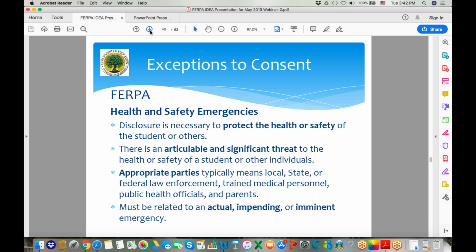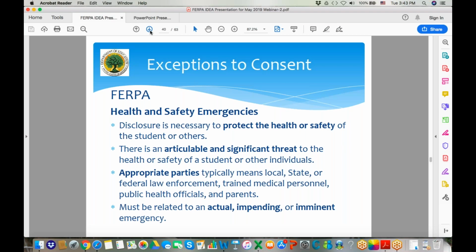So we've had situations where certain schools or police departments, for example, would want a listing of every student on every bus route in the district just in case there was a bus crash. Now, that may very well be a good idea, but under FERPA that wouldn't be permissible, especially under the health and safety emergency, because it wouldn't be an articulable and significant threat. In that situation, it's almost meant to be more proactive, which this exception doesn't really cover.